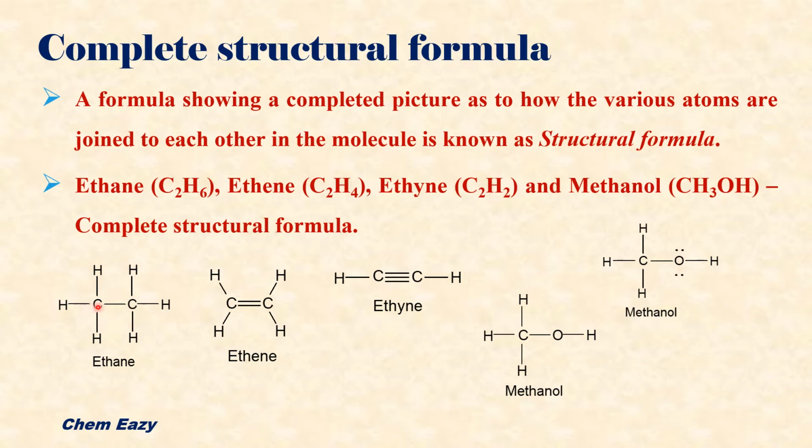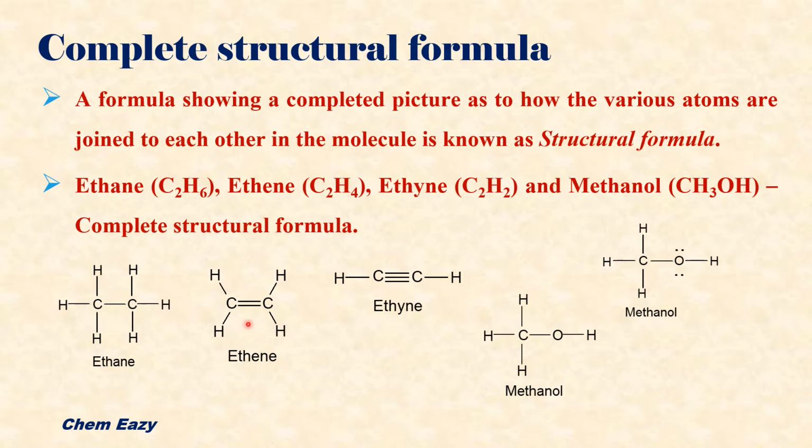In this ethane molecule, 2 carbons and 6 hydrogen atoms are there. So you can see here each carbon atom is bonded with 3 hydrogen atoms by a single dash. It means a single bond. And between carbon and carbon also one single bond is there, which is shown clearly in the complete structural formula. And the next one is ethene